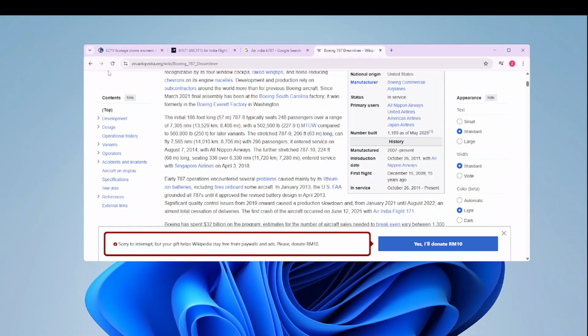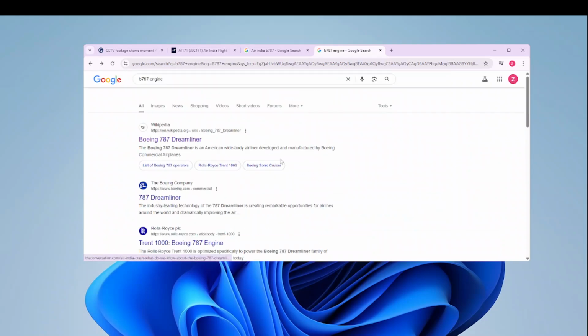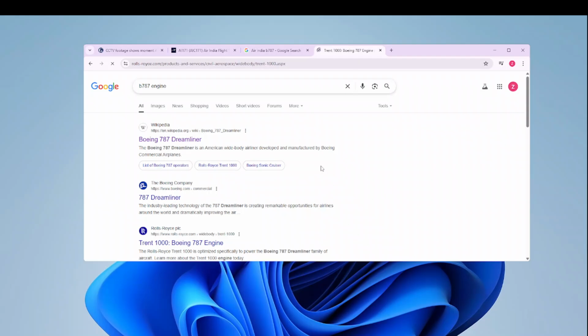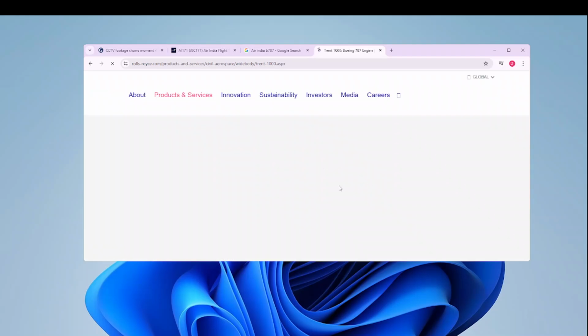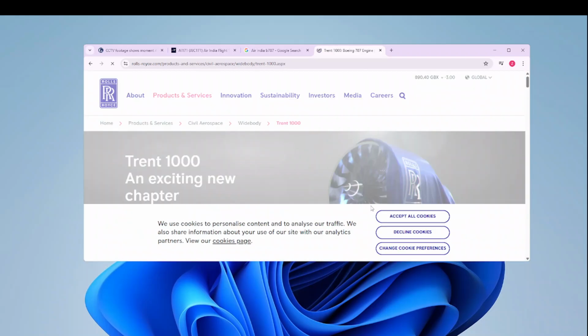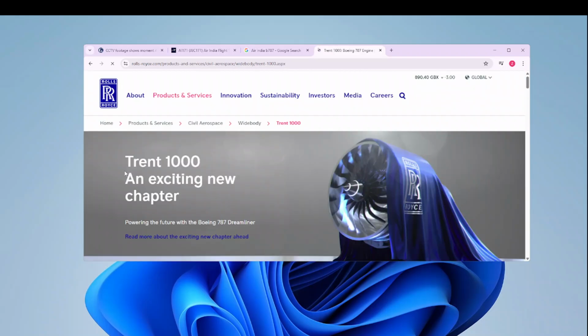And so the engine that this Boeing 787 Dreamliner uses is the Trent 1000. Yes, this engine is pretty modern, but the thing is, you can look at this Trent 1000. Yeah, it looks pretty modern, but